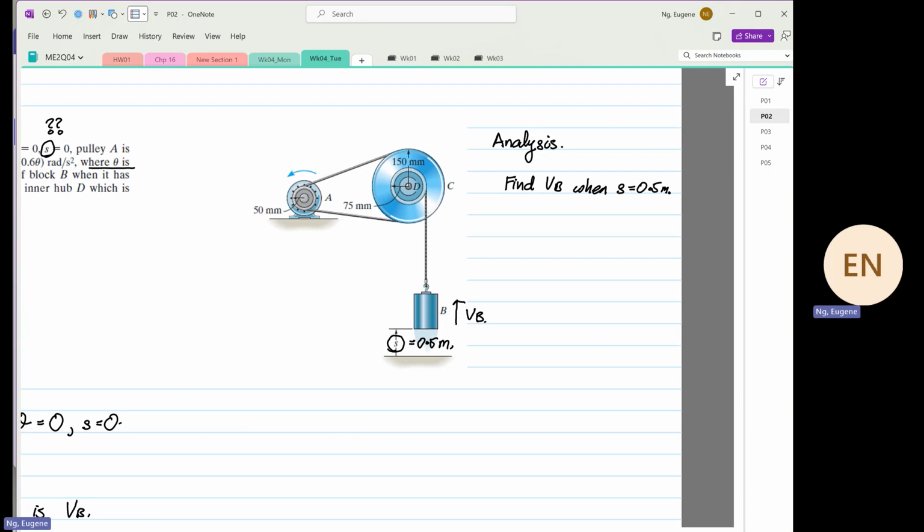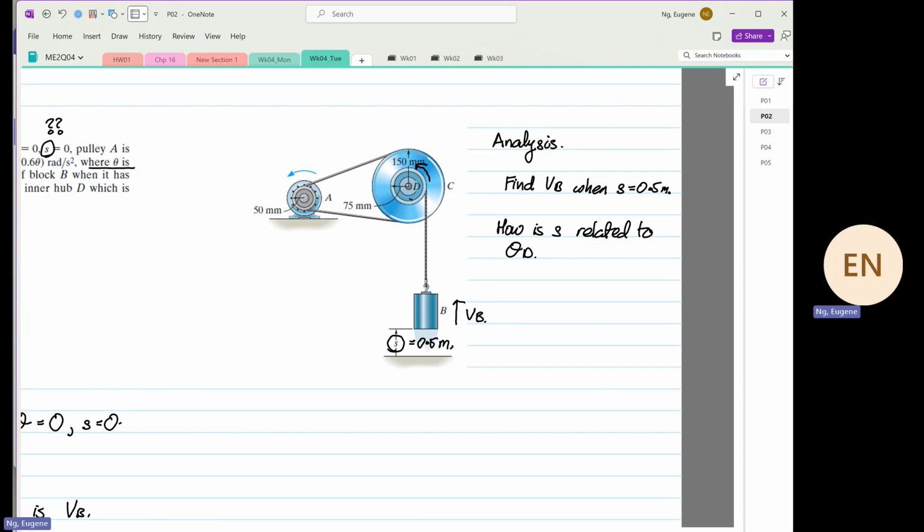So the first thing we have to ask ourselves, how is S, okay, related to theta D? Why theta D? Because the rope has been what? Wound around pulley number D. Yes or no? Right? If pulley number D rotate this way, S distance will what? Will change. So from here, we know that S, okay, S, we need to relate,